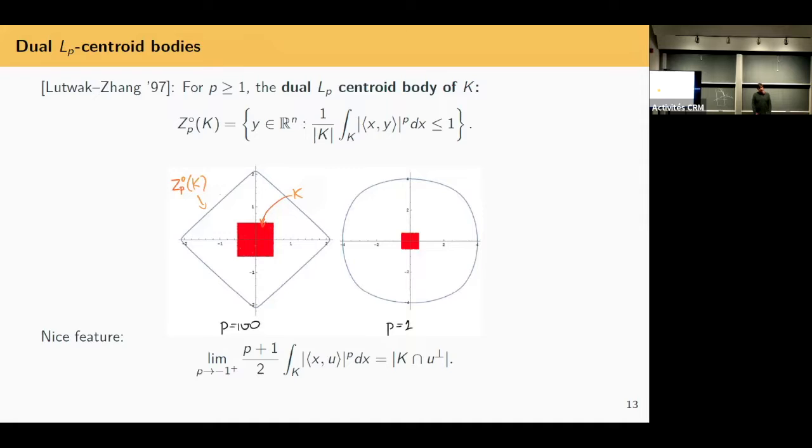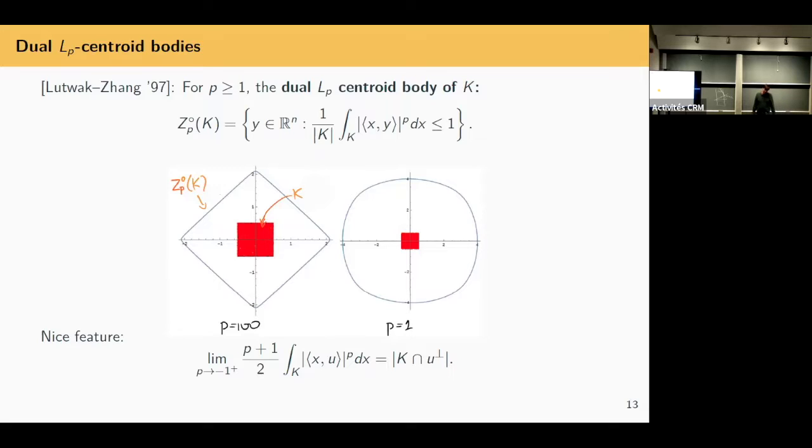And I'll first give you the definition of the dual of an Lp centroid body. And the dual, I mean the polar, just the usual duality. These will be convex sets in Rn that are origin symmetric. They come with norms. They have dual norms. Okay, I'm in the convex world for now. And they're defined given a parameter p, and I'll write Zp for the centroid body and the polar symbol for its dual.